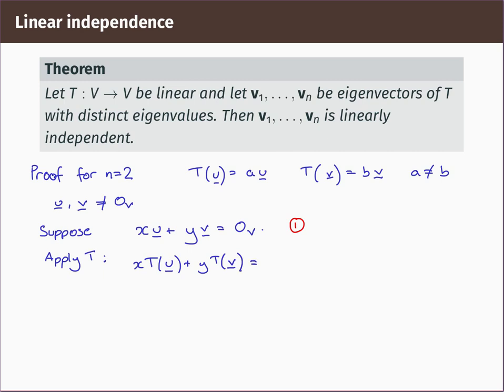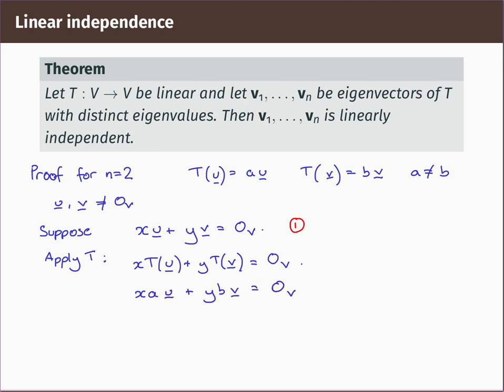And again, because T is a linear map, T of the zero vector is the zero vector again. But u was an a-eigenvector and v was a b-eigenvector. So what we really have here is that x times a times u plus y times b times v